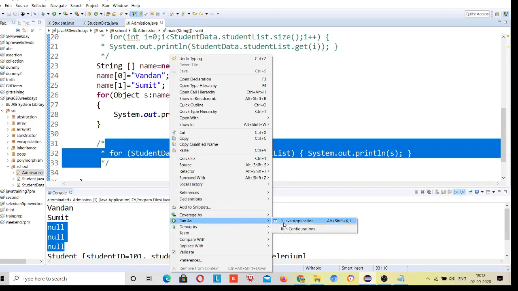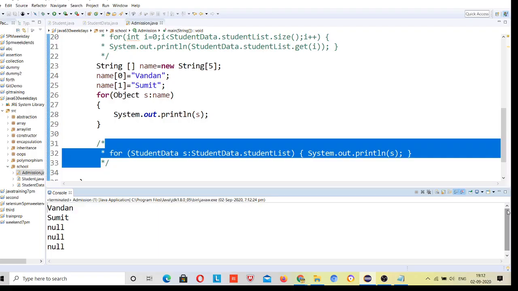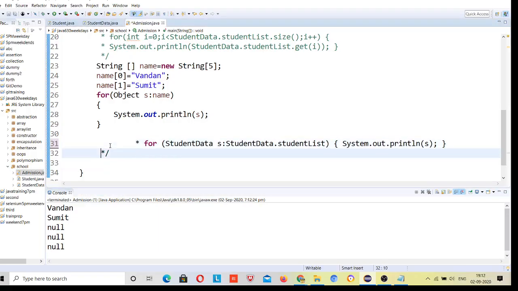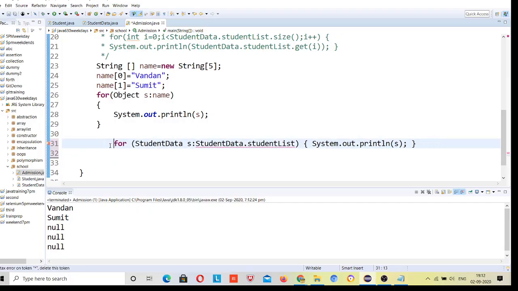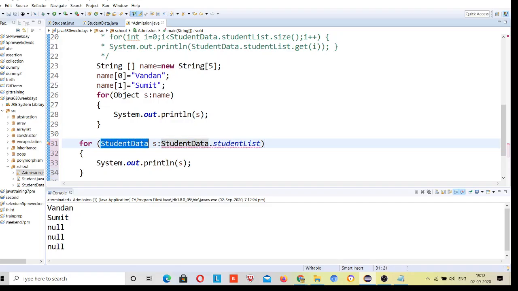If you are confused about your return type, just use object, it will print, because object is a super class for all classes. Suppose there is a student data class and a student class. What type should I return? I can use the object class here.